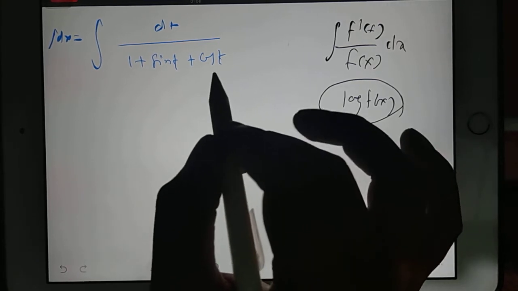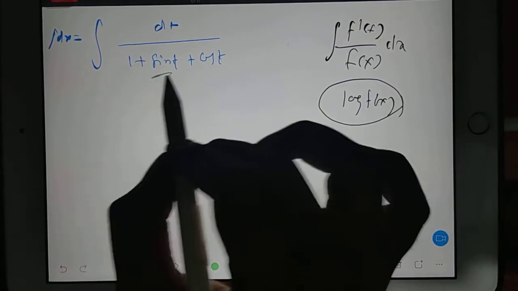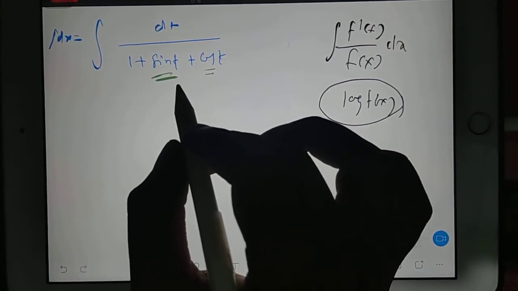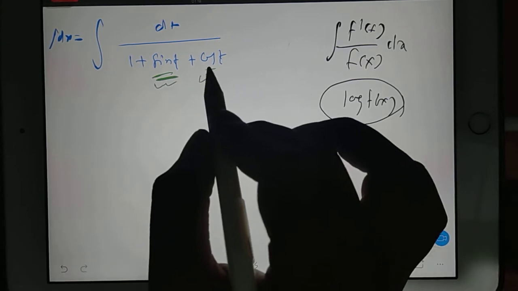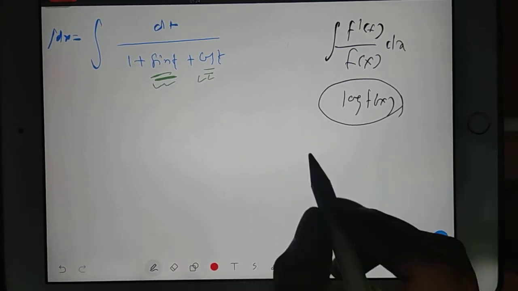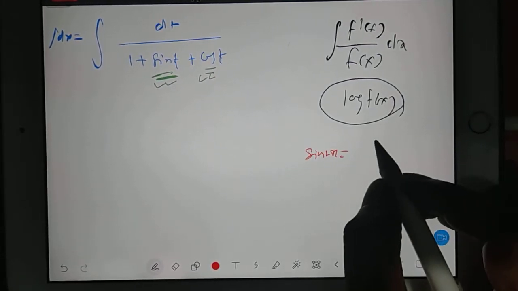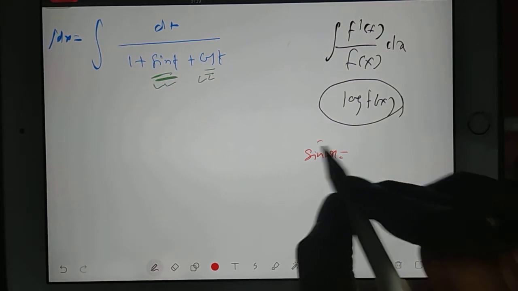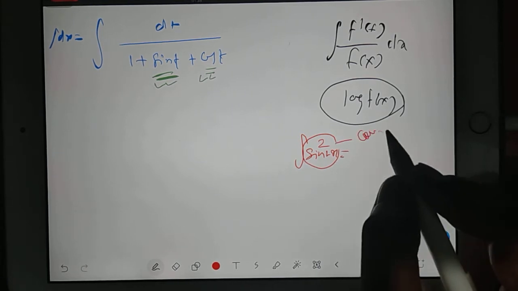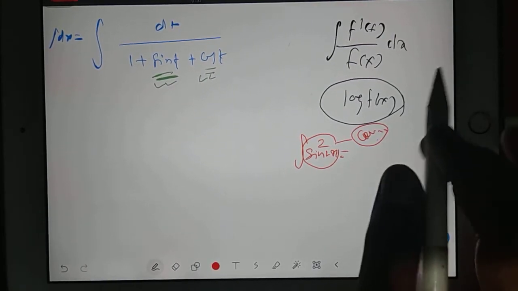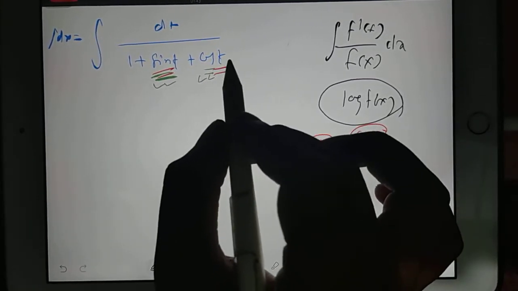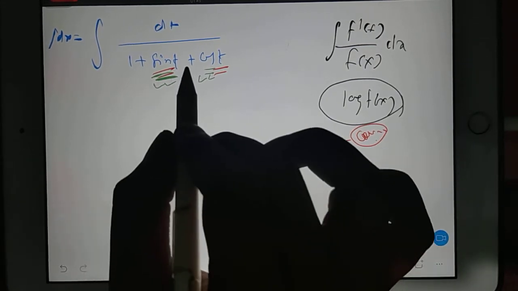So the next approach is somehow you convert this sine and cos into cos square format or sine square format. So how do you convert sin x and cos x in terms of sine square cos square? Already we know the concept. Last day in the last class I was teaching that whenever you have sine square x for the integration purpose, you have to convert sine square x into cos 2x, or you have some ways to convert. So you do one thing. Right now here you don't have sine 2, or here also you don't have cos 2, so it is troubling us.